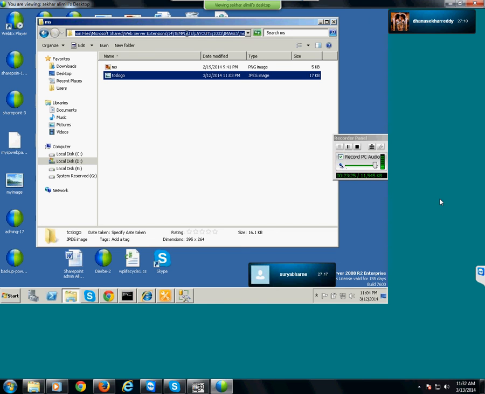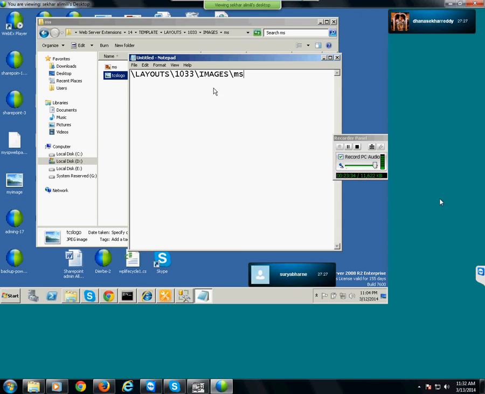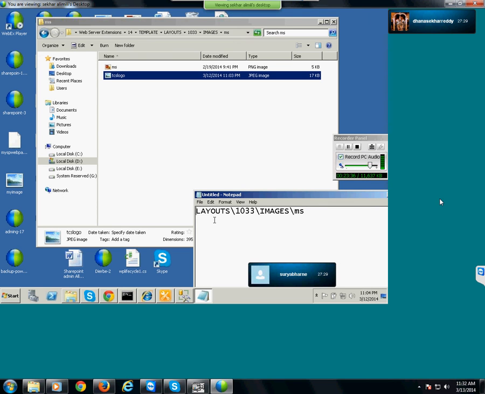Copy this URL path, go to Notepad and paste it. Instead of forward slash, give backward slash. I am giving TCS logo dot JPG. Copy.